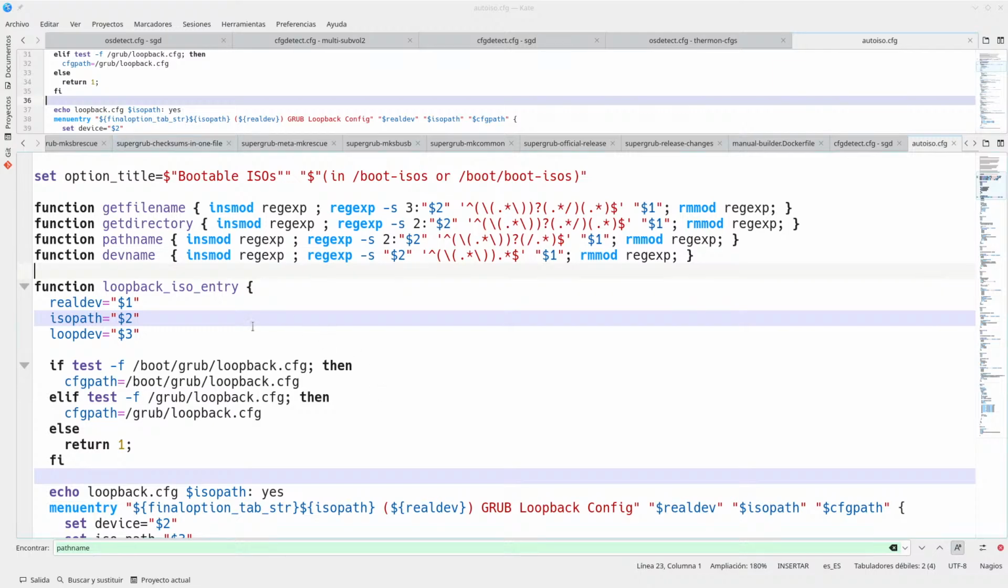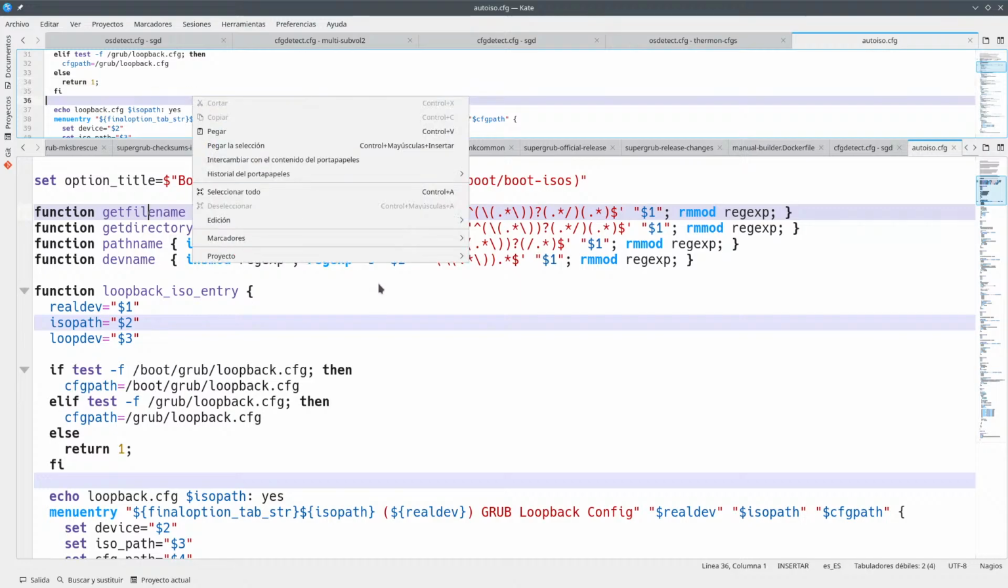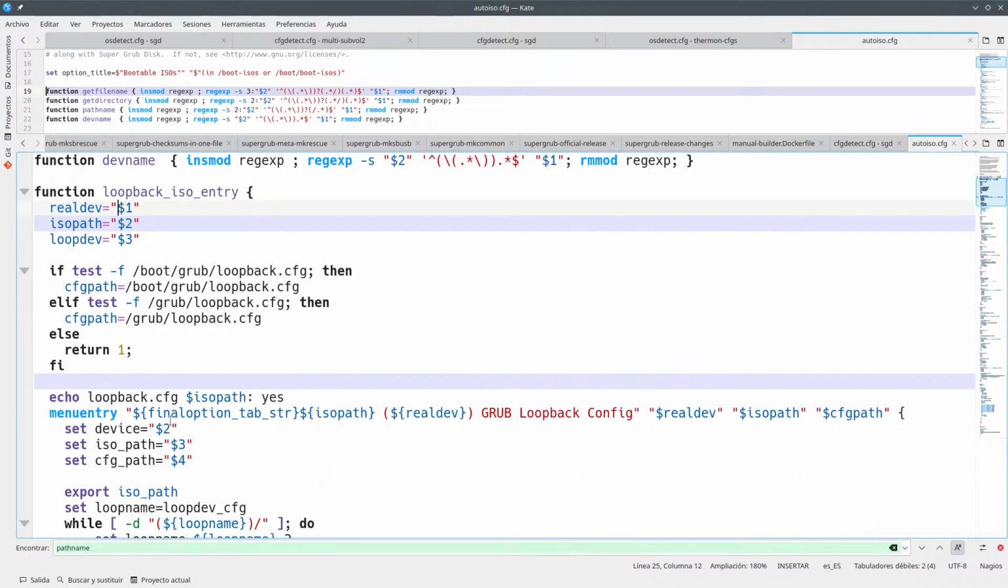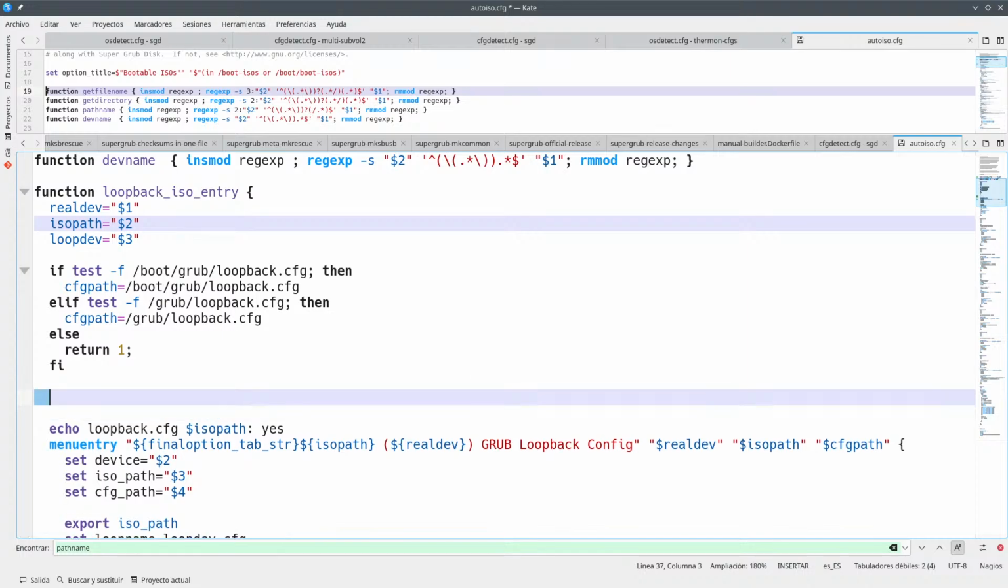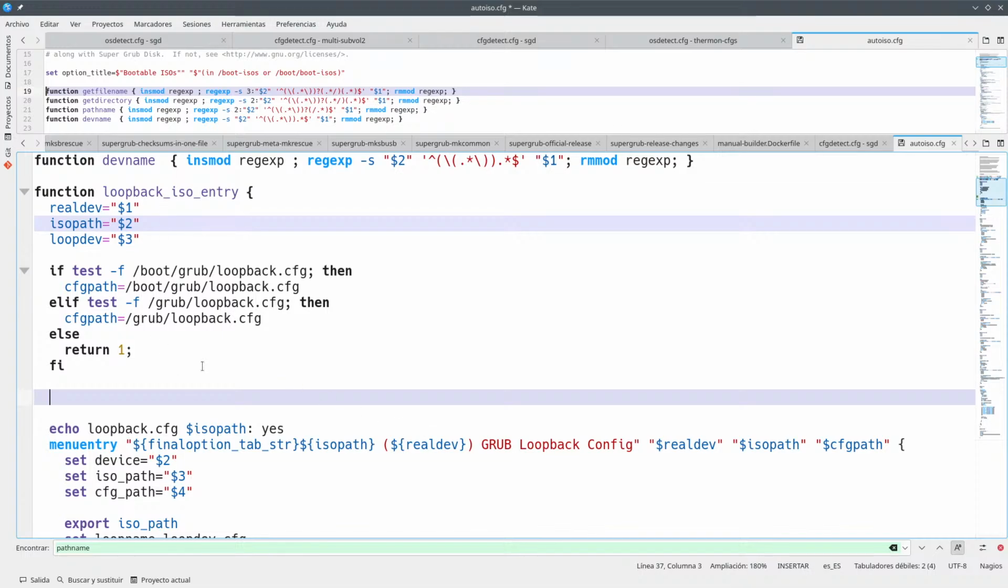Okay, in any case, if this was done properly, my question would be, how do you use this? How do you use get file name and so on? So get file name, you are here, and here you want to work with this isopath thing. So this is isopath file name. So isopath file name equals